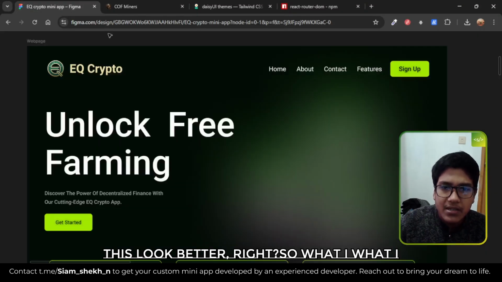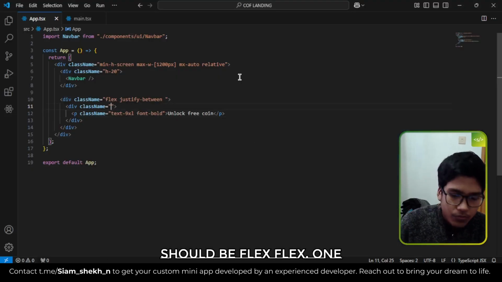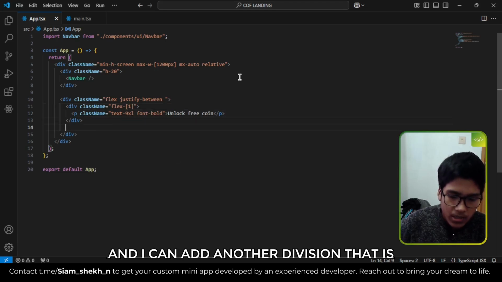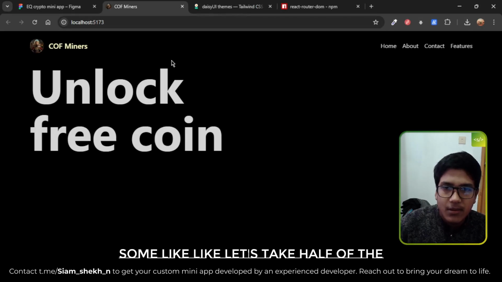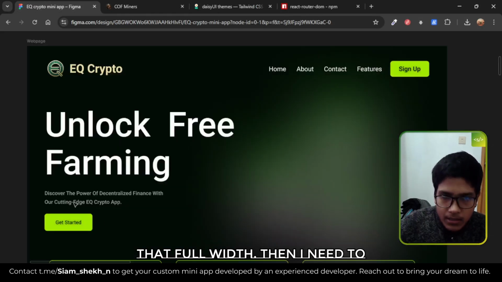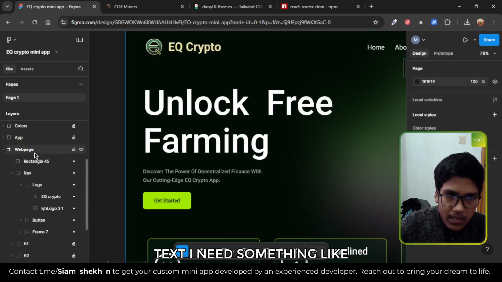So I can add something like more text, like a line down. It looks better, right? So how do I do this, I need to wrap that. So that should be flex-1, and I can add another div that is also flex-1. So you can see that it takes half of the full width. Then I need to add another thing, so to copy that text, I need something like